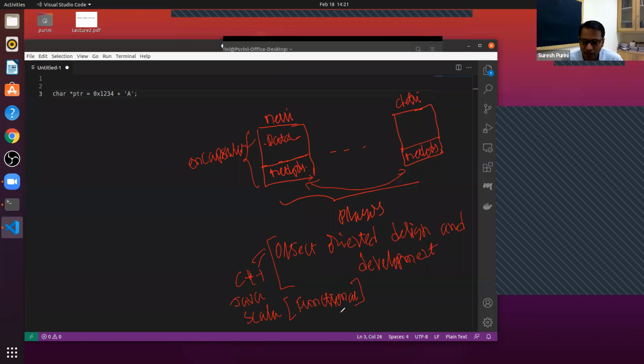You will learn about functional programming later. But while we talk about functional programming language, there is one video on how to do object-oriented design and development using the C programming language.